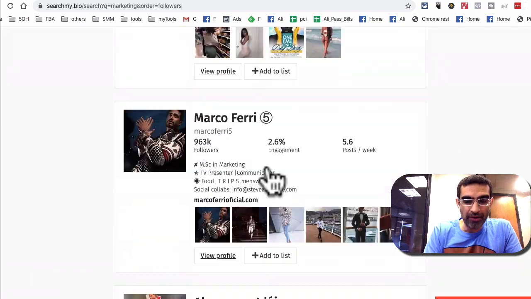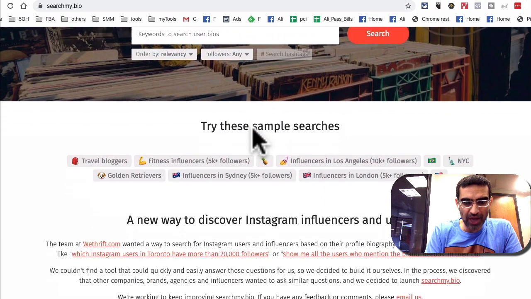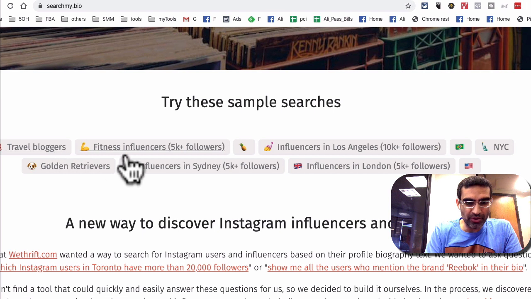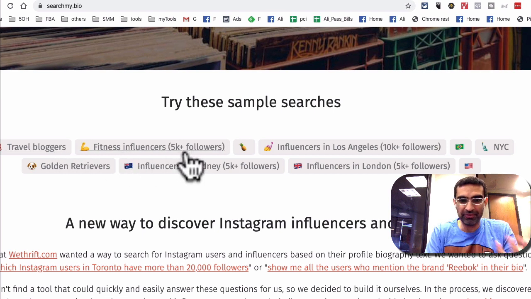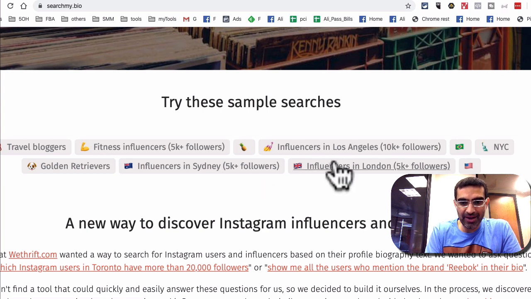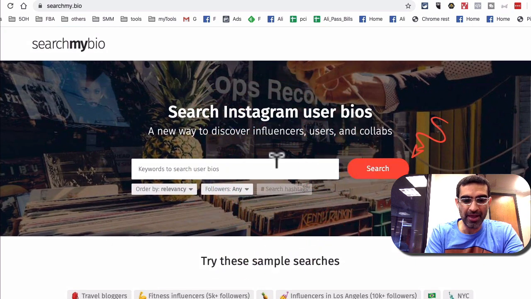All right. Another thing I want to show you, this tool is really awesome. If you scroll down, here are some example searches. So you can say travel bloggers, you can say fitness influencers with 5,000 or more followers, influencers in your city. So I can try to find influencers in Dallas, Texas, influencers in London, Los Angeles. So you can kind of play around with this tool. It's really, really cool. So if I want to say mom blogger Dallas, because that's the city I live in,